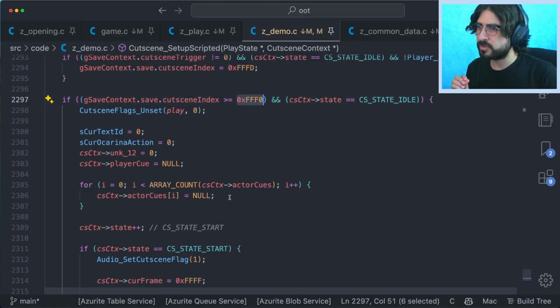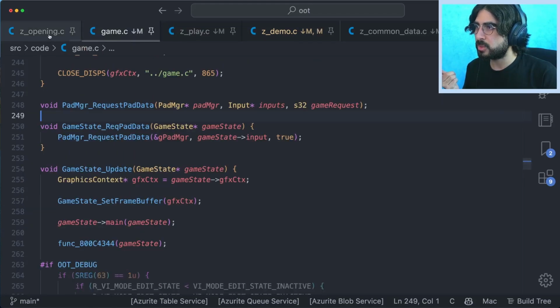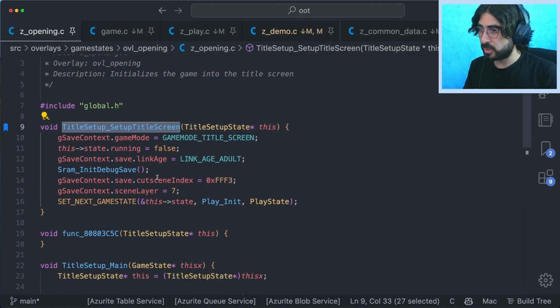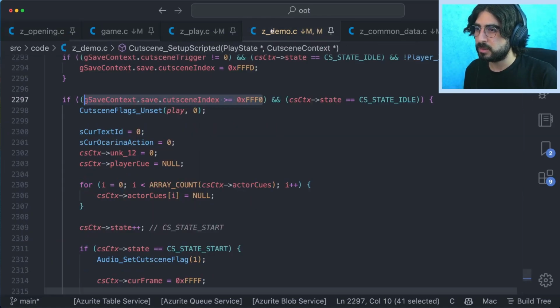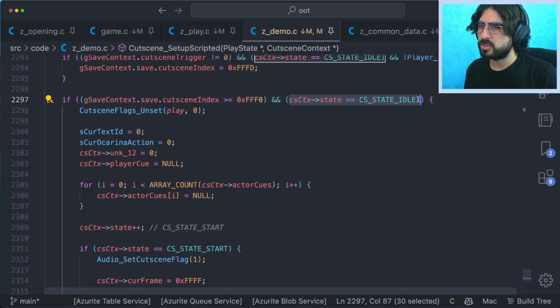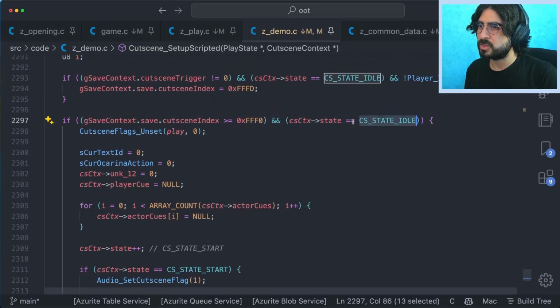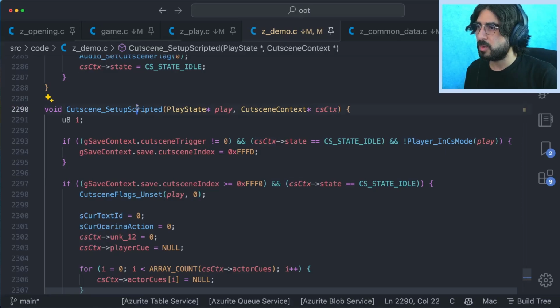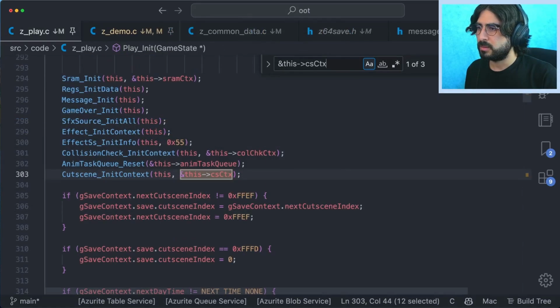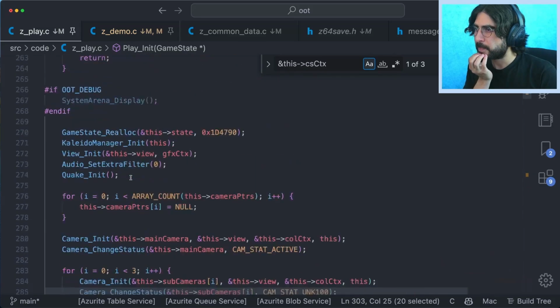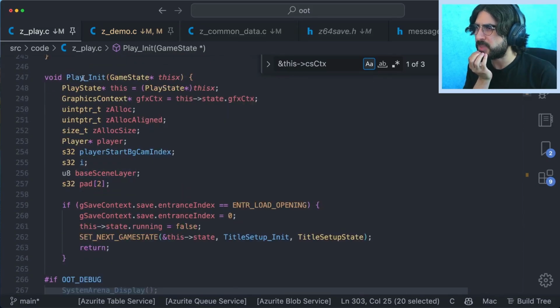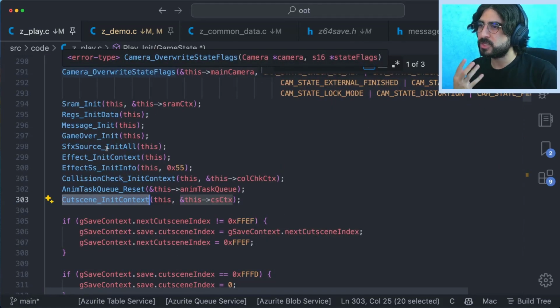So we know that this is true, because when we enter the title setup screen, we set cutscene index to a number higher than 65,520. So we know that this is true. And we can only assume that the state of a cutscene context starts as idle. So I want to verify that right now. Okay, initialize the context. So this is initialization, right? So I'm in play init. So when we first initialize play,